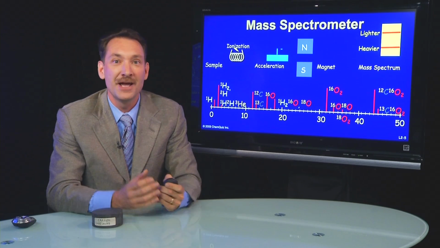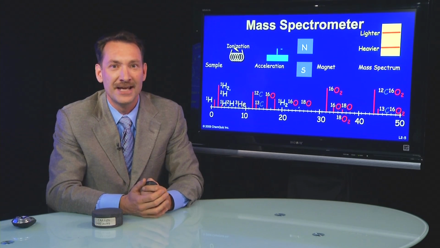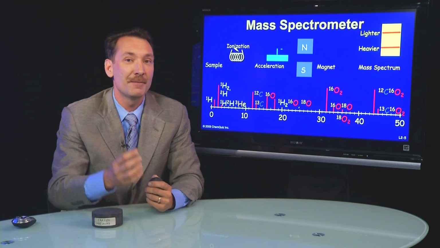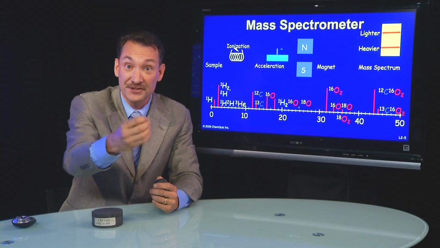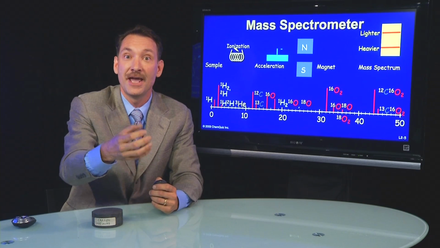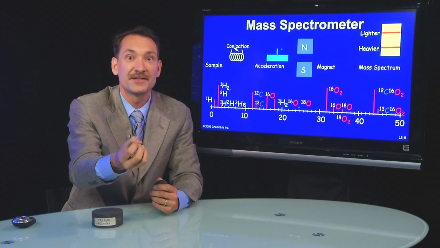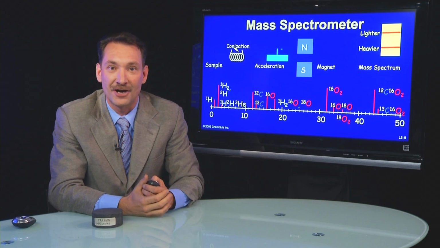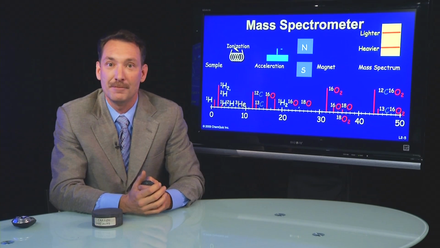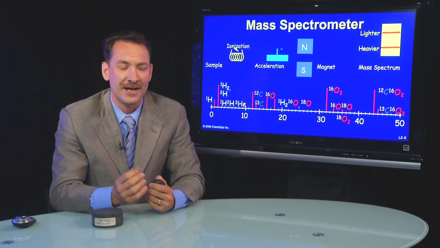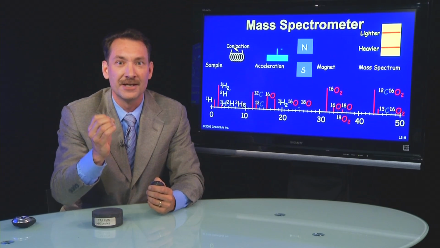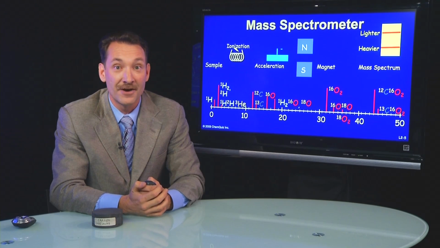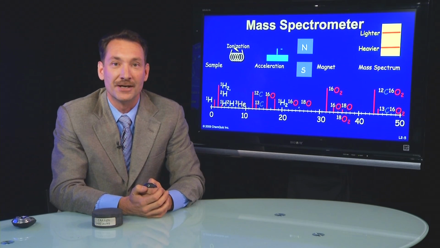So a mass spectrometer, exquisitely sensitive to mass. It's so sensitive to mass that you can determine, by using a mass spectrometer, mass lost during chemical reactions and the energy output that's due to relativistic mass loss. The E=mc² mass loss can be determined by modern mass spectrometers. That's how accurate they are. Incredibly tiny mass losses can be determined by this method. It's a beautiful instrument, and it's very, very, very powerful for measuring atomic masses.